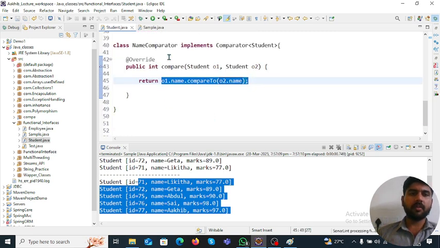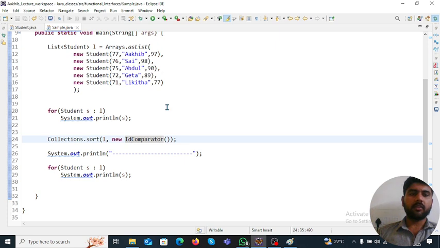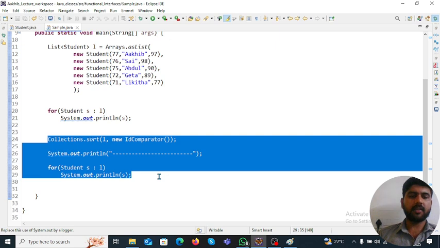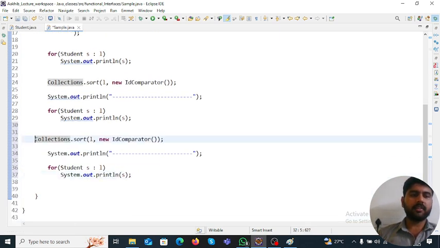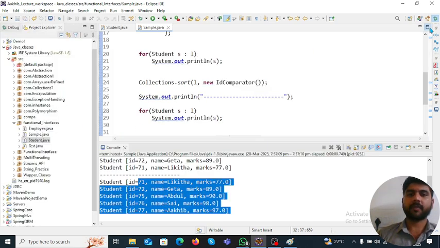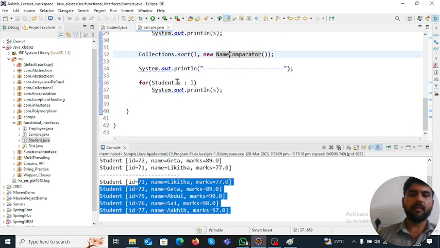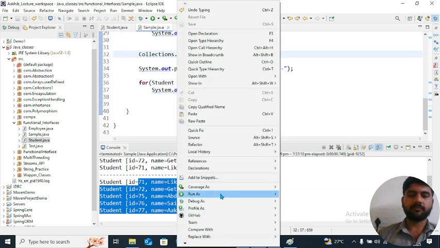I'll save this program and go to sample. I'll copy the same thing here as well, below this. This time I would like to sort my objects based on the name. Here I'll pass the name as my class name. At this time you can see the difference in the values we are getting. So if I run this same code at this time,